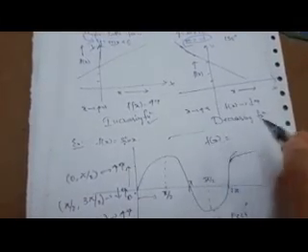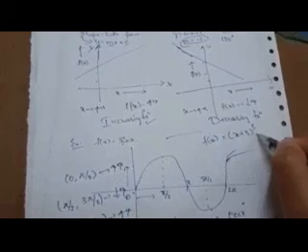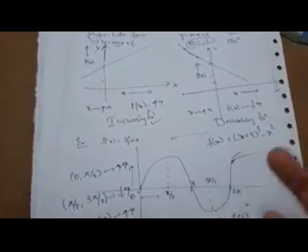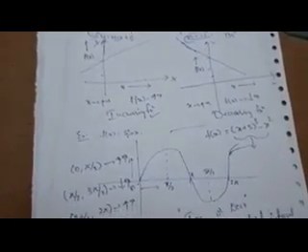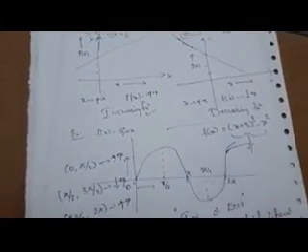Suppose I randomly give a function like (x plus 3) whole cube minus x square. If I give a function like this, you don't know what the graph of this function is. When we are given this type of function and asked to check whether the given function is increasing or decreasing, how are we going to deal with it?